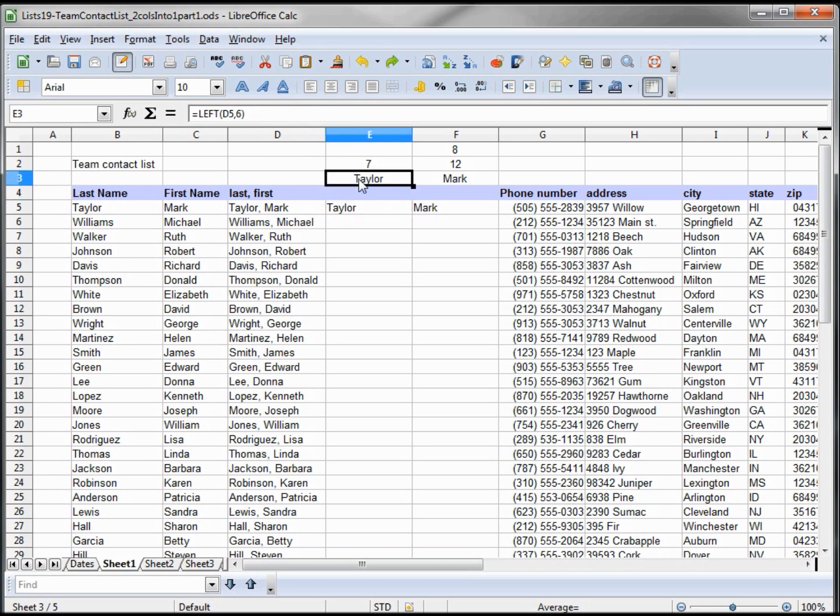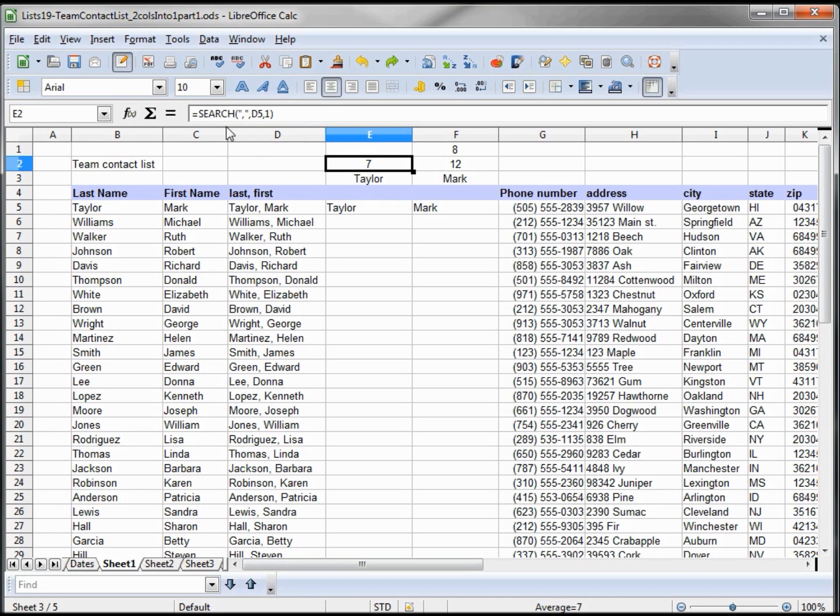If we go up into our example here, we're using LEFT D5 for 6. So we're starting from the left and we're counting 6 places. So you got your 1, 2, 3, 4, 5, 6. And that's how they're getting the name Taylor. Now, searching for this comma is how we're going to get the number.